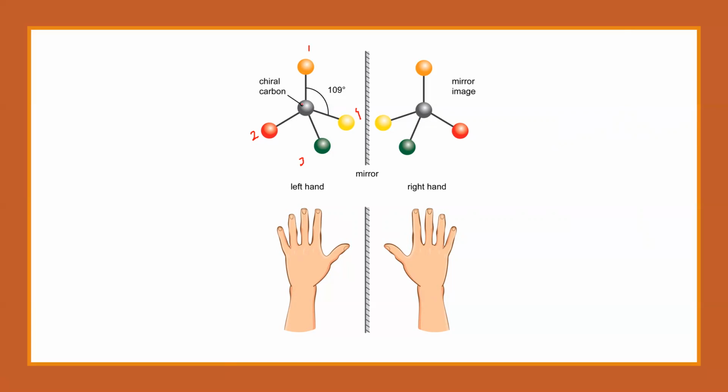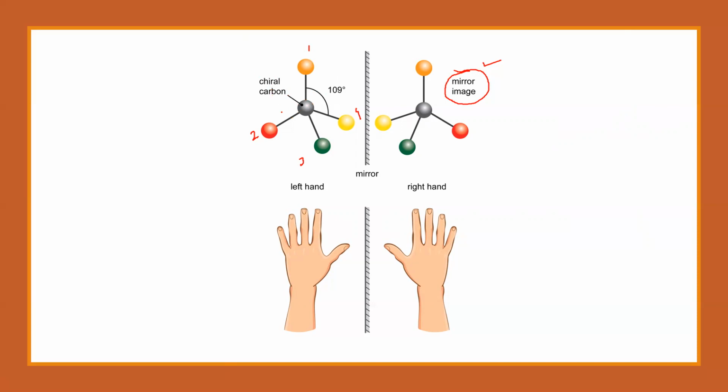Now, what will happen is, if I place a mirror here, what is the structure I will get? Yes, I will get this structure. This is called the mirror image. What is this called? This is called the mirror image of this particular compound. So this is optically active. Why is it optically active? Because it has a chiral carbon. What is a chiral carbon? A chiral carbon is one which has four different groups. Any compound having a chiral carbon is found to be optically active.